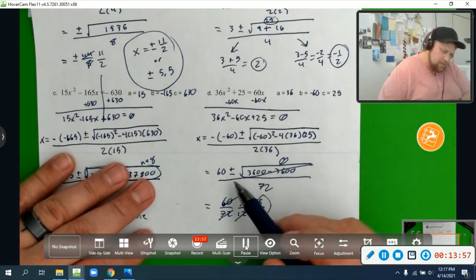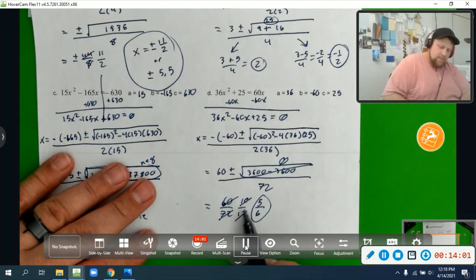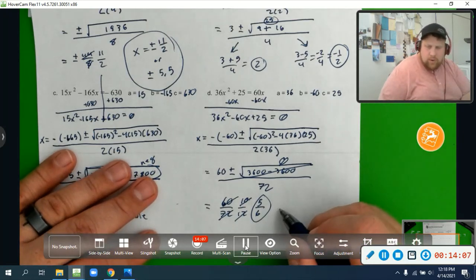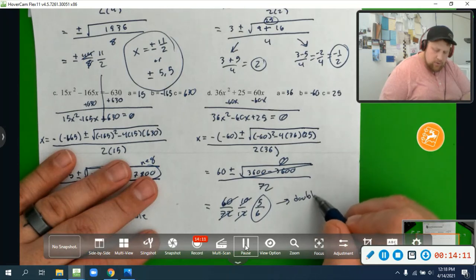I have no more plus or minus. I'm just 60 over 72. Divide 6 into both the top and the bottom, and I get 10/12ths, and then I'm going to divide 2 into the top and bottom and get 5/6. And what do we have? What does just one x value tell us? It tells us it's a double root